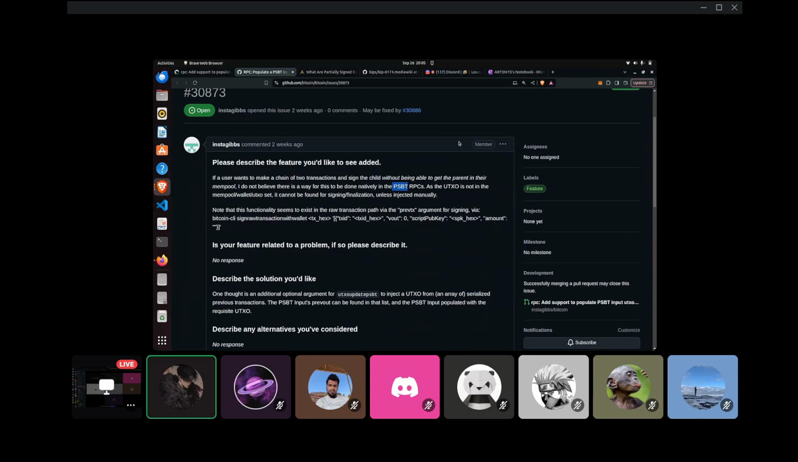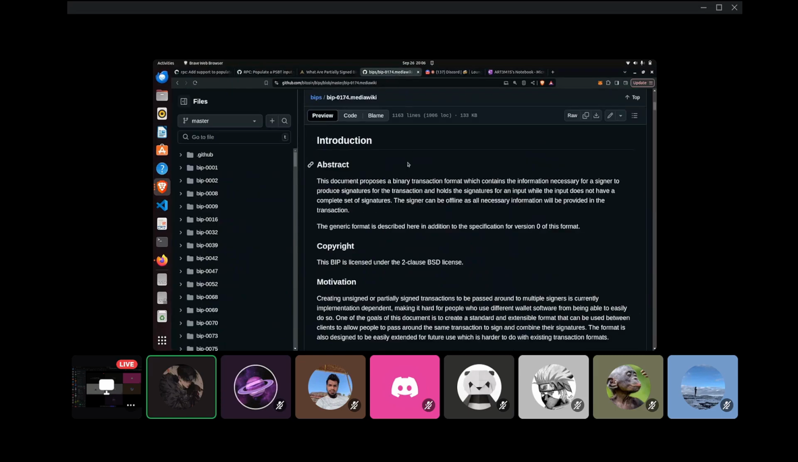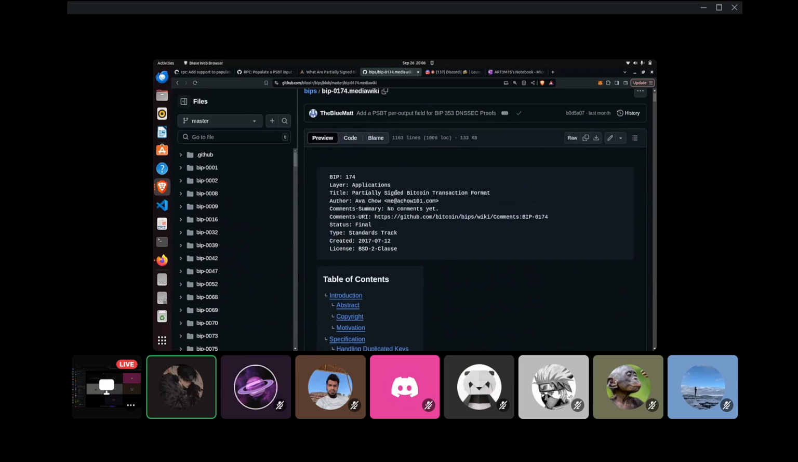So, what are PSBTs? PSBTs stand for partially signed Bitcoin transactions. These were introduced in Bitcoin version 17, I guess around 2017 or 18. A lot of wallets at the time were using multi-sig approaches, and all of them had their own custom implementation. So to avoid that, we had BIP 174. This introduced a standard for partially signed Bitcoin transactions,